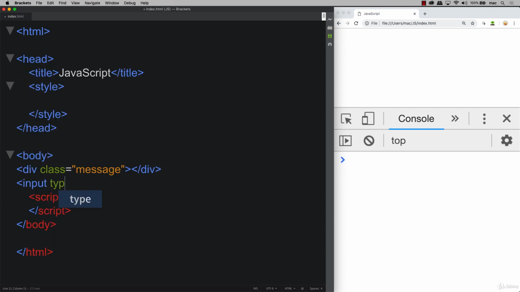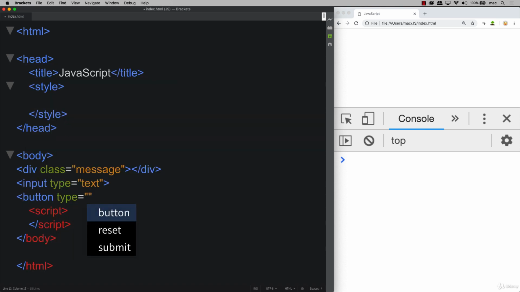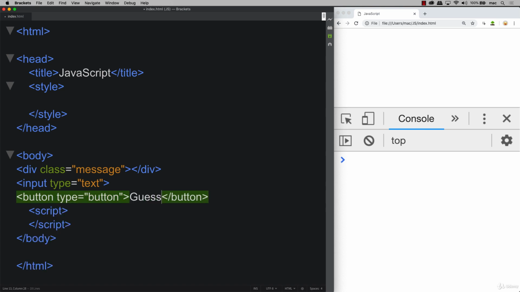Next, let's create an input. So the input type is going to be text, and this is where the player can enter in the guess of the word. And then lastly, we've got a button. And once again, type button, and we can just label it guess. Save that, refresh, and we've got our guess area,